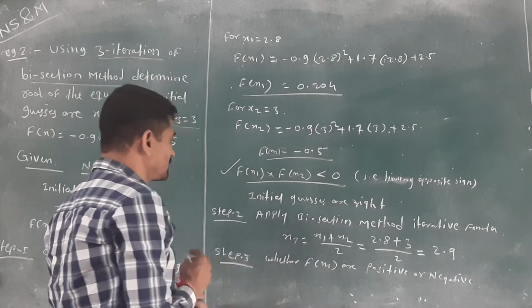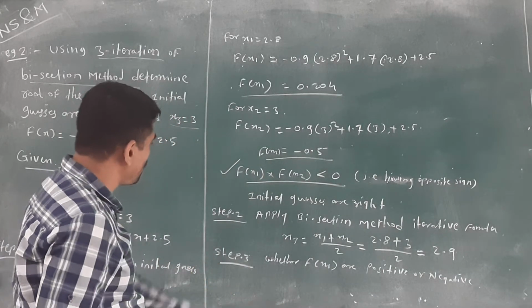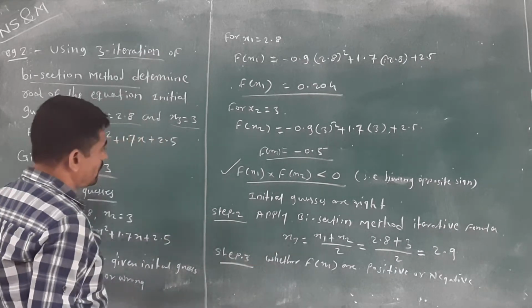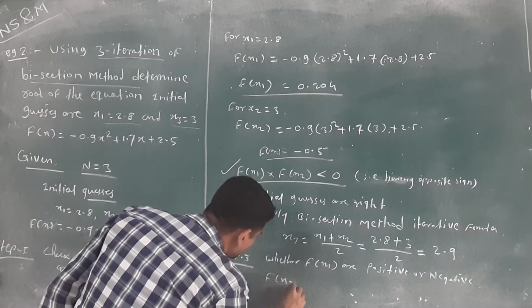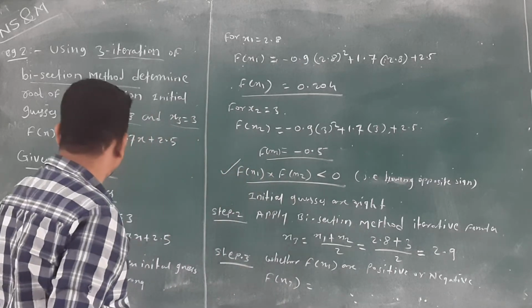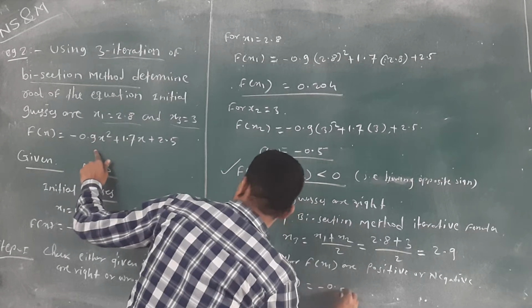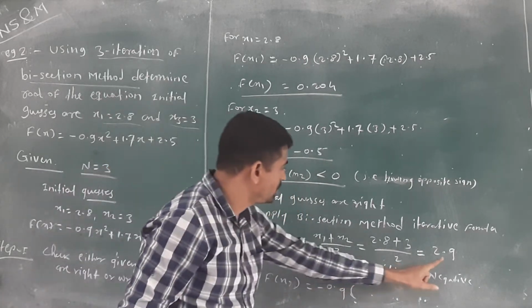We have calculated the x3 value, so put this value in the given equation: f of x3 is equal to minus 0.9 x square, where the value of x3 is